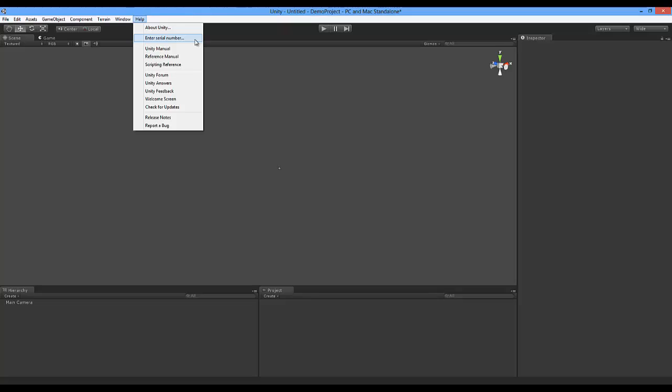If you are a student, do not purchase Unity through the main website. Go through an authorized reseller. In North America, that reseller is Studica, which you can access through Unity's website, and purchase it through them because you can get Pro and the various licenses for half off. So, make sure you go through an authorized student reseller so that way you can get the license for half price. And of course, you have your manual, your reference manual, scripting reference,